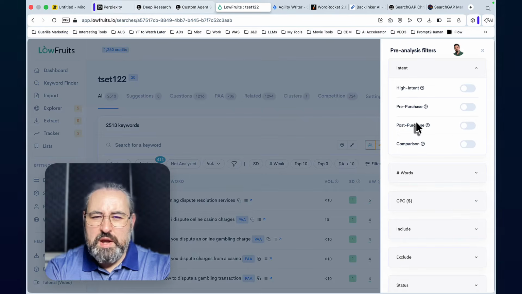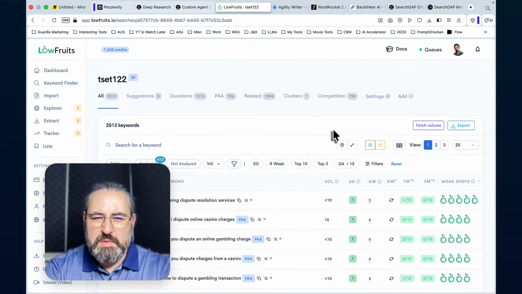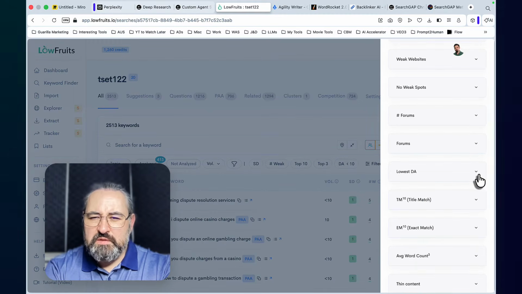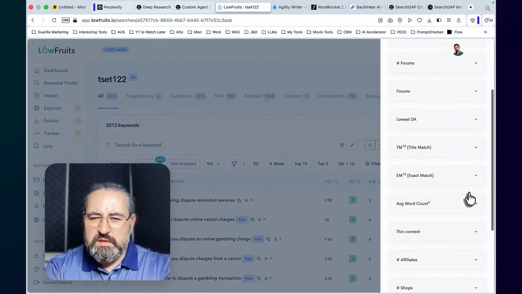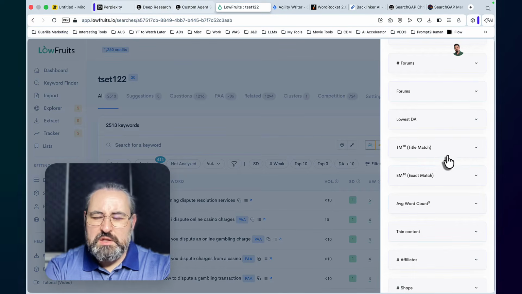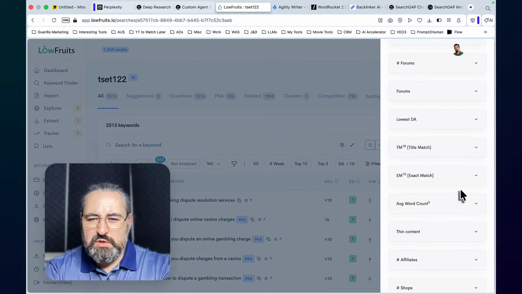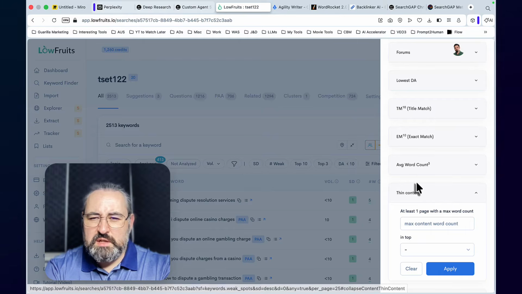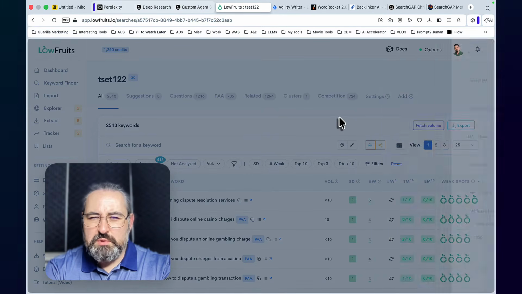You are able to target or find transactional intent keywords, and those keywords do not trigger AI overviews as much. This is the only tool that I know of that can expedite the whole process of finding transactional keywords. Not only that, but if you go to filters, you can filter down to the lowest DA. You can filter down to the exact match as far as the title, so you can easily find those keywords that don't have the keyword being used as a title, which is a massive opportunity. You can get a selection of those keywords with theme content, for example. So the opportunities are massive.